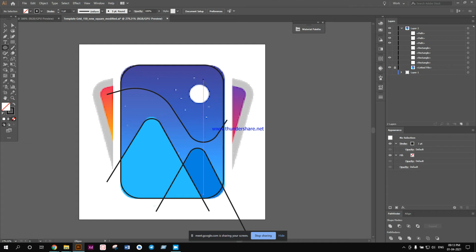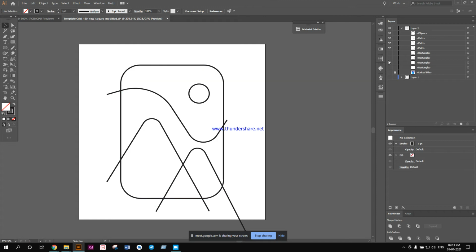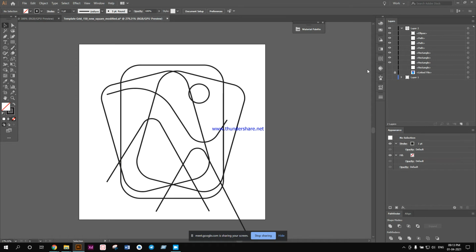Now I need this moon, so I'm going to create a circle. This is all about geometry basically. You see over here, when I hide the actual icon, it's all about geometry. Now I have these white dots for the stars that I will create later. You see the line thing over here. This is your line. The proper icon should look like this. This is my base design.